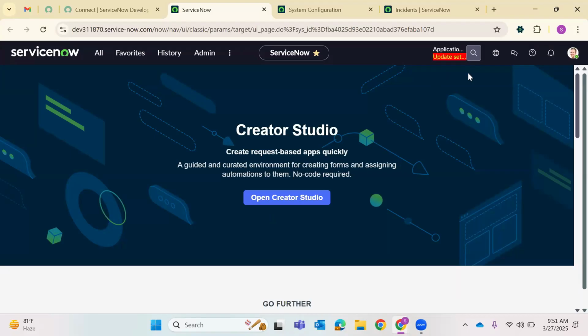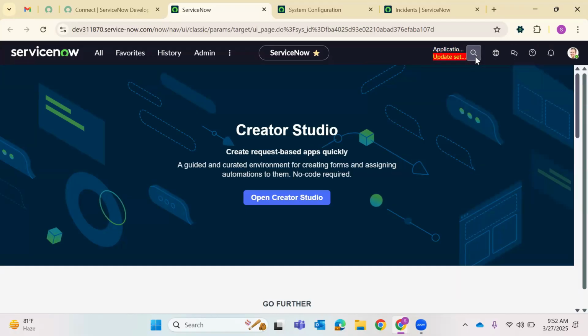Okay, so to a certain limit only they have access. As we work for development and all, we are given some access, and people who work for production, they'll have more access. So we'll be talking about all those. So to move the changes, you will be using this update set. So we'll do everything live with valid examples again. So here you can see what is the application scope, what is the update set selected, and this is